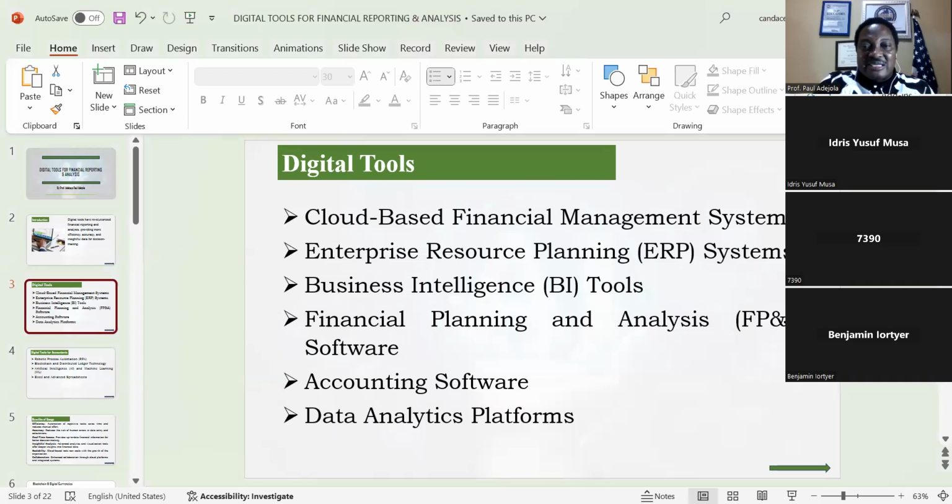Then we have the business intelligence tool. And when we say business intelligence tool here, in fact, another word for that one is analytical tool, business analysis. Business intelligence tools are required in analysis of data. The BI tools such as Tableau, we have what is called Tableau. And for Tableau, you will not only analyze data, you'll be able to see the pictorial representation of this data. Then another tool in that category, we have the Power BI.